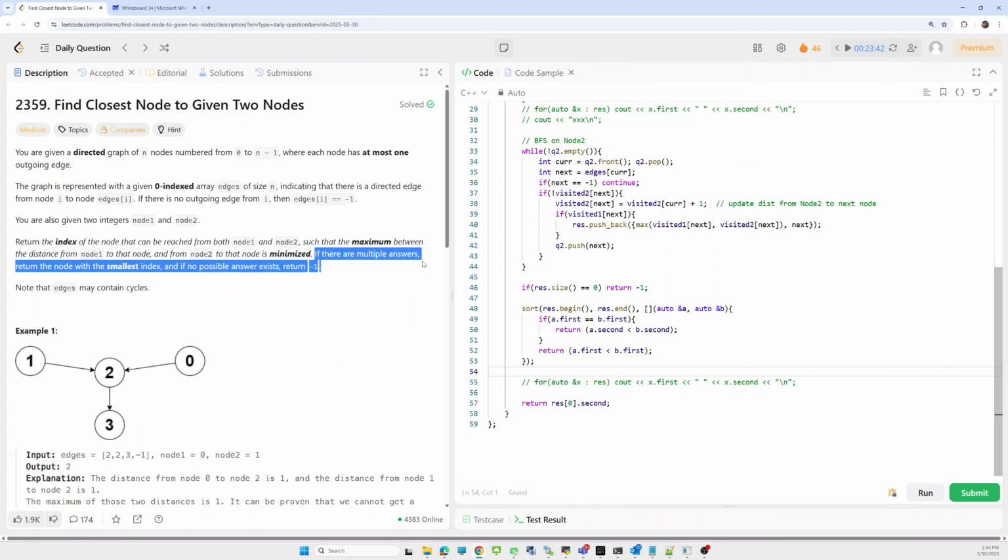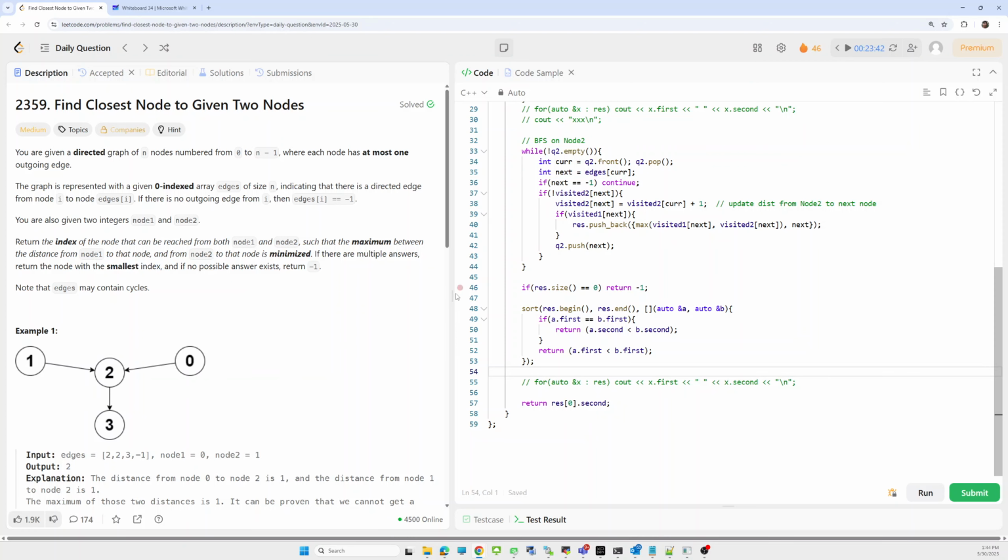If there are multiple answers, return the node with the smallest index. First we have to return the minimized distance, and return the node that has the minimum distance. If multiple nodes have the same minimum distance, we have to return the smallest index.